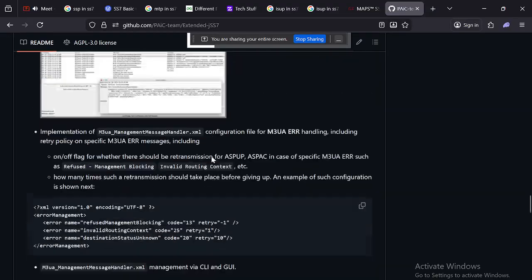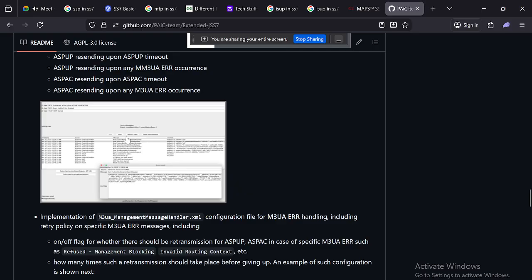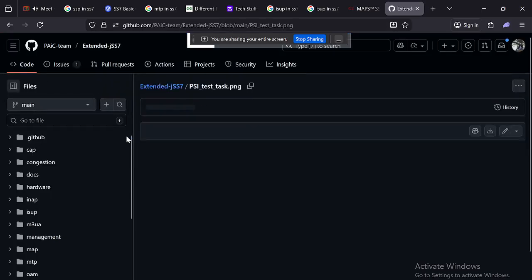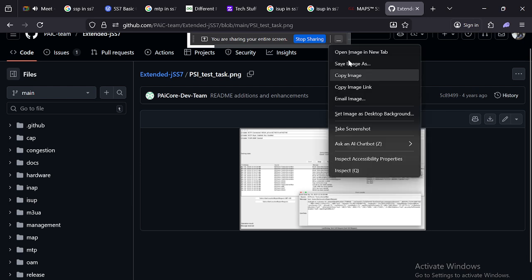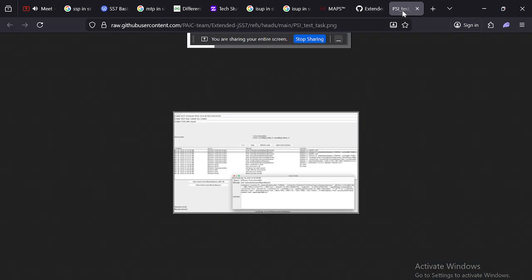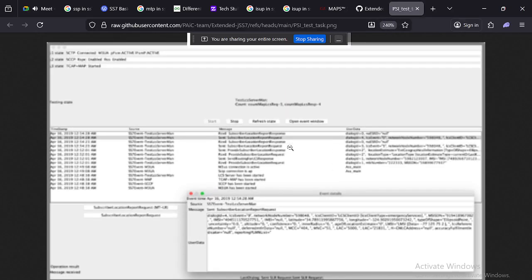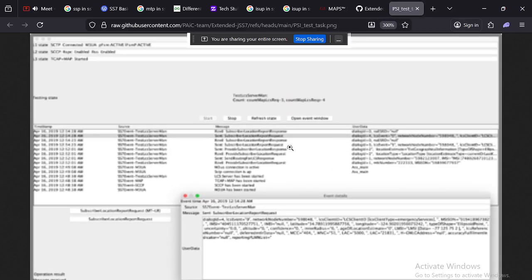This we would like to do here. This is the live one, you can look here. PSI testing is not in a clear format. I think it's in the GitHub, but it's not yet given in a clear format.